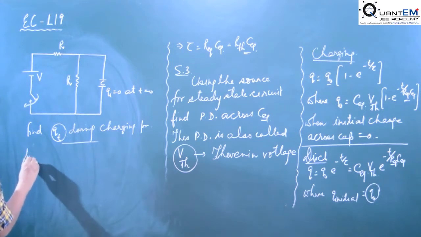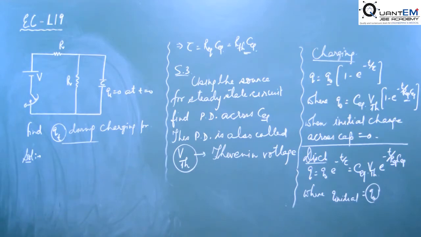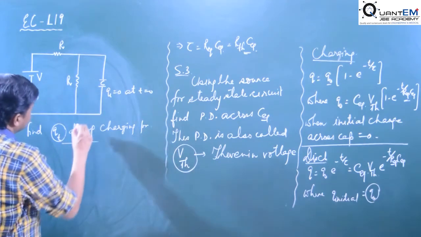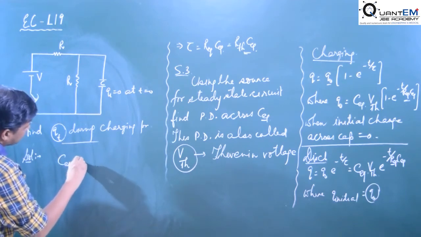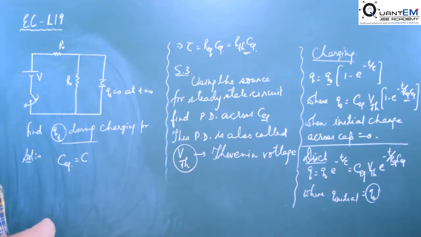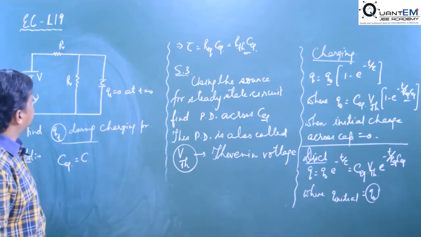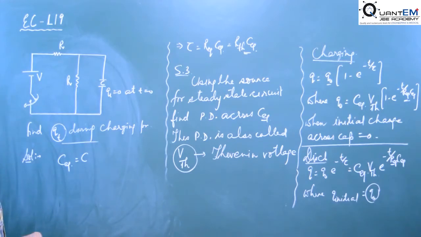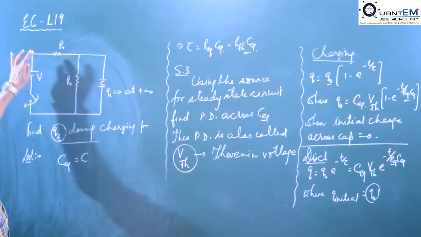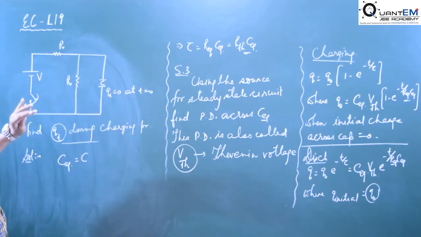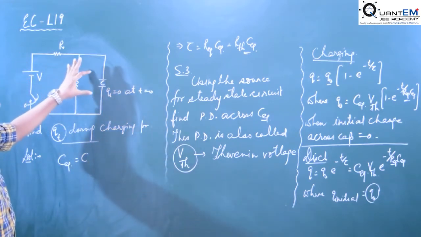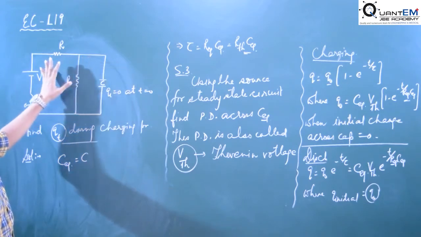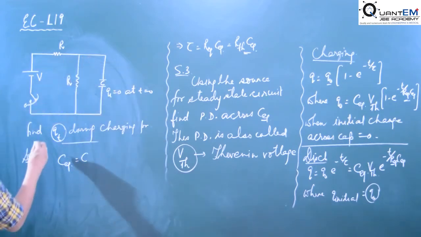So now we come to the solution. What is the equivalent capacitance of this circuit? We have only one capacitor, C equivalent is simply C. Now we come to the second step. We have to short circuit the voltage source, remove it and connect it with a wire, and then about the capacitor terminals find the equivalent resistance.